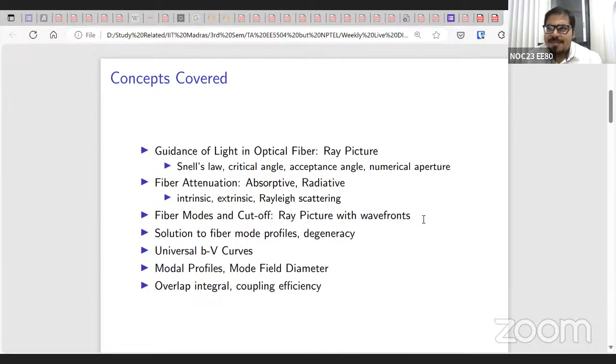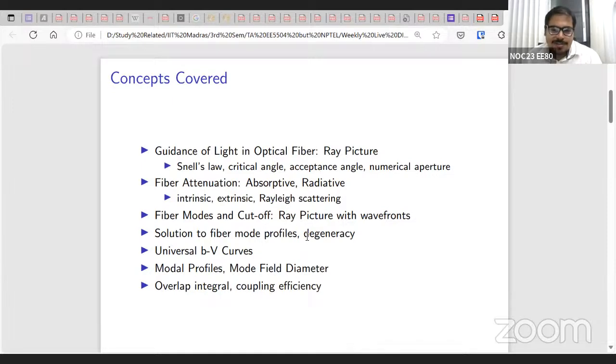So example questions from this ray picture could be, you could be asked to find how many modes are supported in a fiber. You can get to an answer from this ray picture also. You will probably need calculators and all, but theoretically this can also be done. Then we went on to the